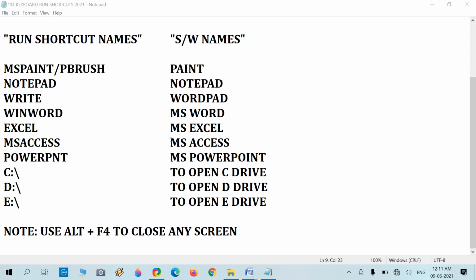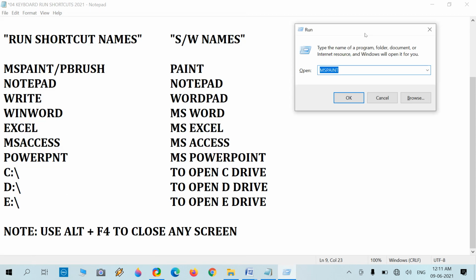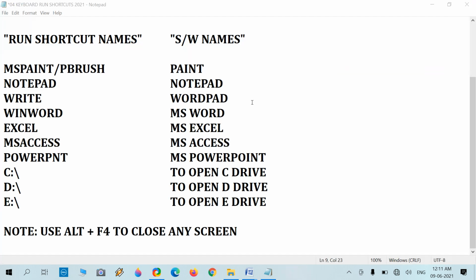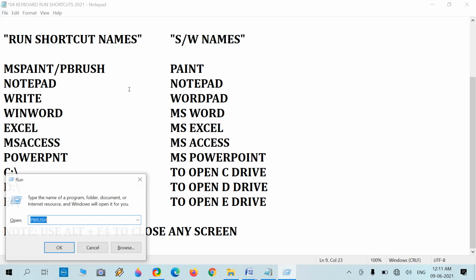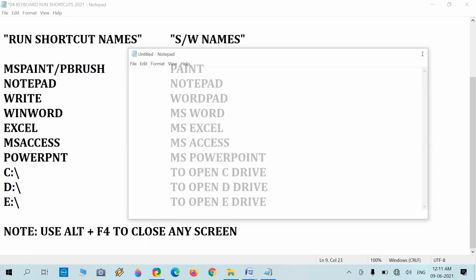Press Windows R and type PBrush, then press Enter. Yes, it will also display your Paint screen. Again Windows R, type Notepad, and press Enter. It will display the Notepad screen.